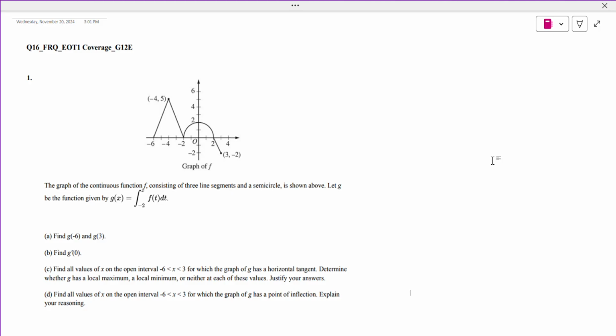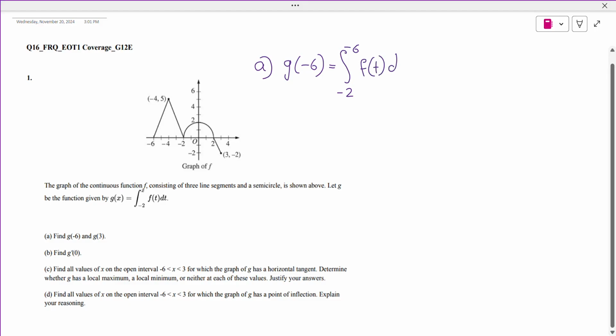We are given g of x, we just need to find g of -6 and g of 3 by replacing x with -6 and again with 3. So the first part, we have g of -6, which is equal to the integral from -2 to -6